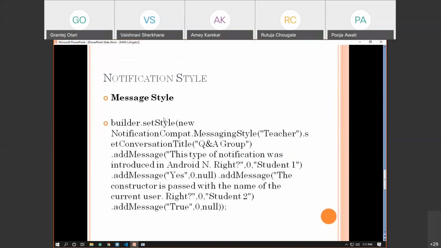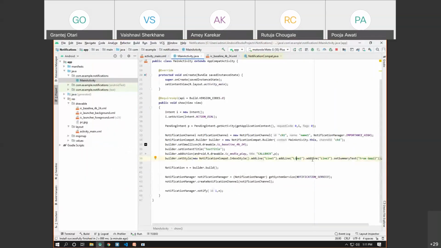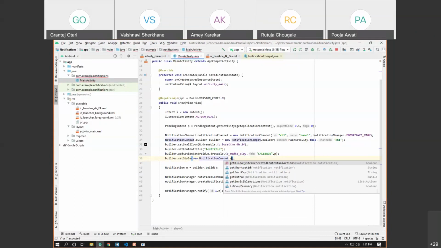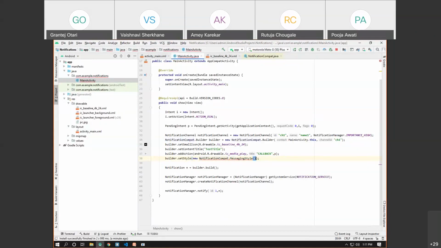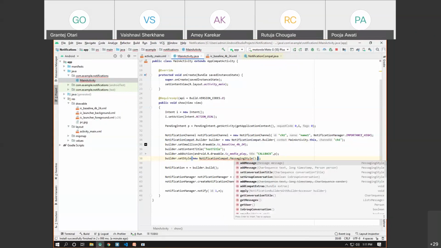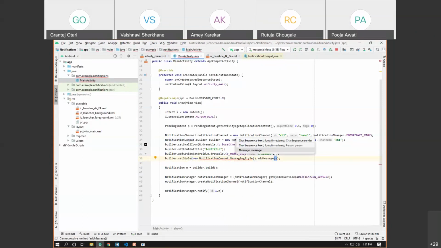And the last that we have is basically called the message style. Let's see what we have here for the styling elements of the message style. So NotificationCompat dot MessagingStyle dot addMessage.